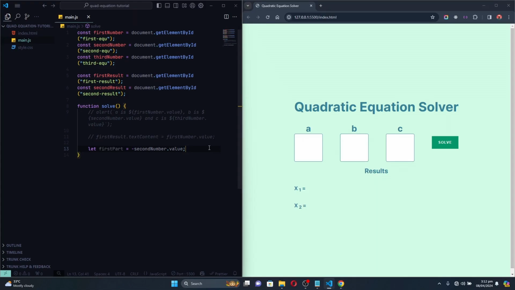Okay, so then we say let b square, this square being in the formula, second number